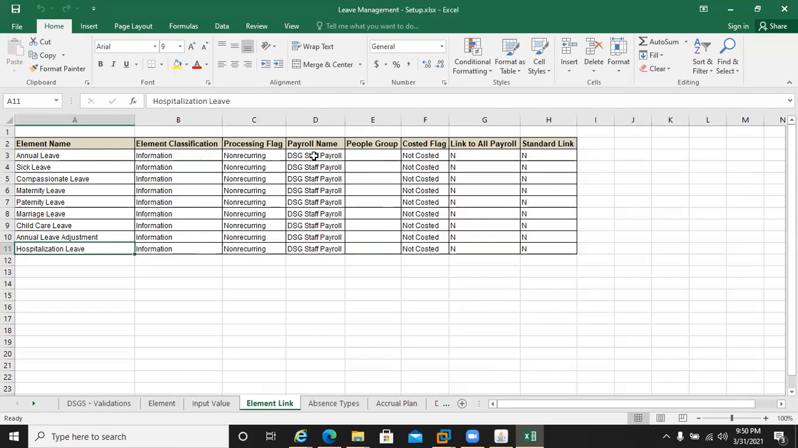So we want to link it with the payroll name. We can link it with the organization. We can link with the job category as well. For example, we want to attach only a bonus. We create a bonus element and we want to attach that bonus element for only specific jobs. So what we will do, we will create the element, we will link it, and automatically once we set a standard link, this standard link into Y,